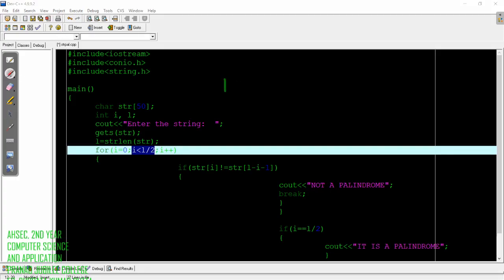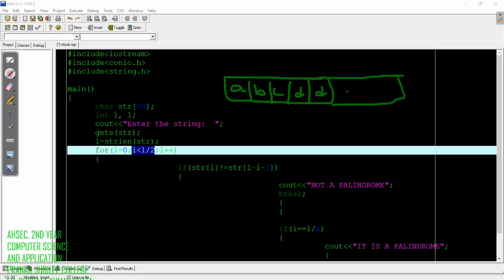Let's create a small example here. This is 0, 1, 2, 3, 4, 5, 6, 7, right?